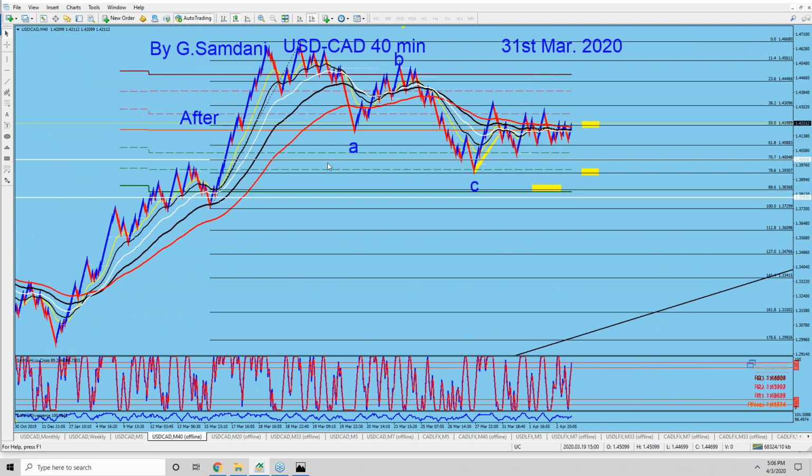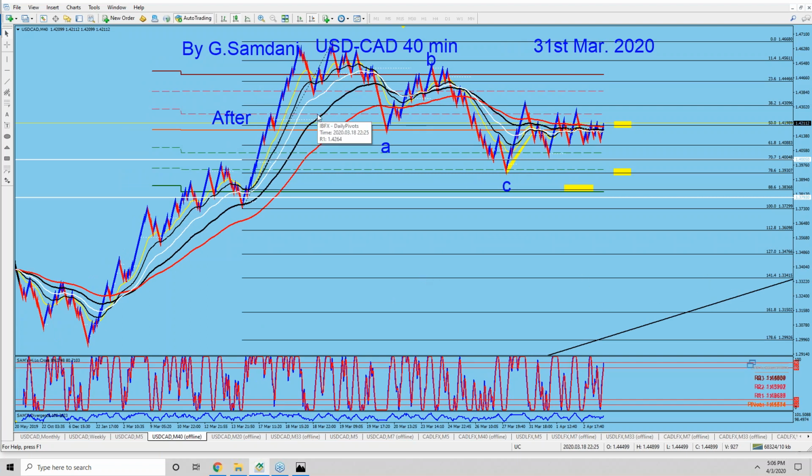I'm going to shrink it a little bit more. So this is what happens now. If you look at it, this is exactly what pound USD is doing right now, right? Very nice correction, looks like ABC. But with a little bit of help from Fundy, we see that USD weakness is about to come and CAD is getting strong. So the chances are that this is not a correction, but wave 1, 2, and 1, 2, followed by wave 3, 4, 5 to the downside.